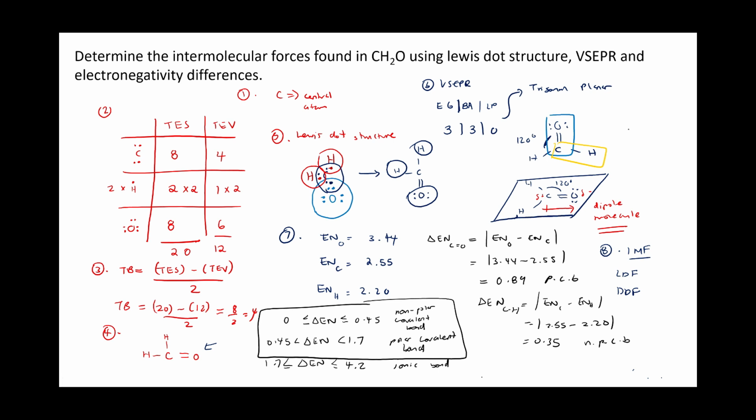So what I mean by that is if you had two of these side by side, you can imagine that this portion here is partial positive, partial negative, partial negative, partial positive. You can see that the force of attraction here is only between the carbon and oxygen. It's not between oxygen and hydrogen. So hydrogen bonding only occurs between hydrogen as well as the three most electronegative atoms, which include nitrogen, oxygen, fluorine. So there is no